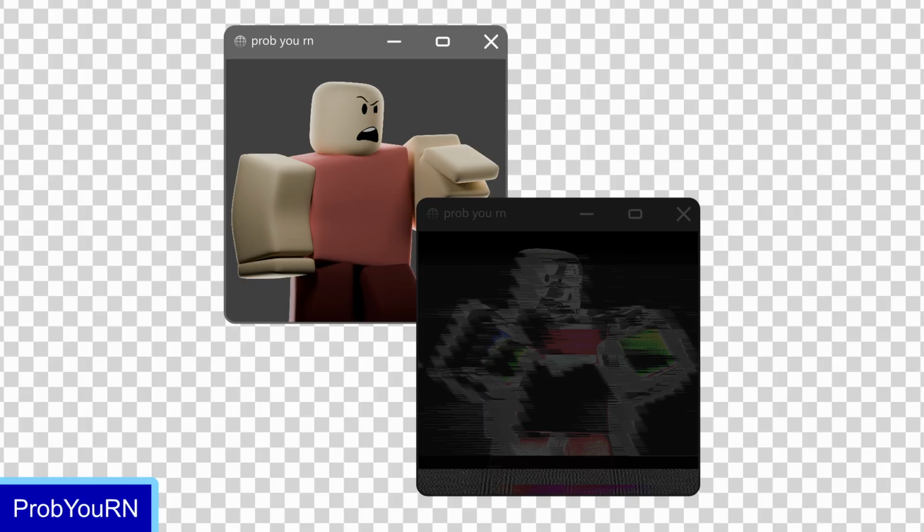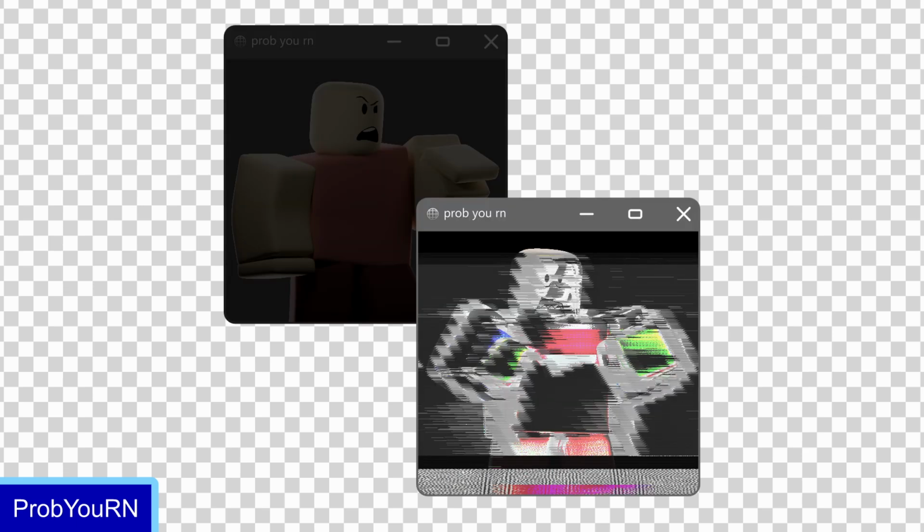The first two images that are inside the "probably you right now" folder were made to be paired with me saying, "You might say that Roblox will do their job," or something along those lines. Once I go, "ha ha," before saying why the statement is stupid, the first window turns into the second window, containing a render I corrupted using Audacity.